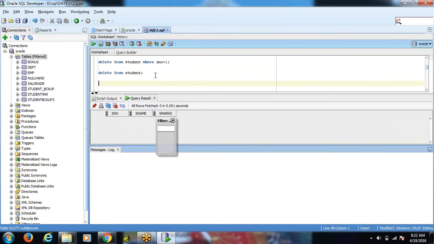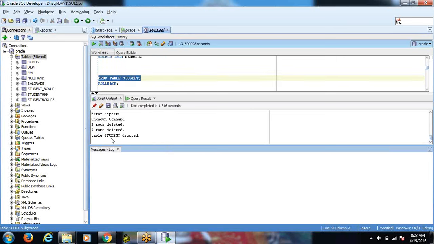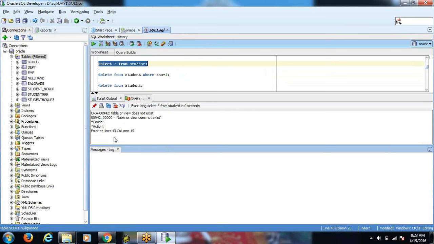Whereas in the drop statement, what will happen? Suppose I run drop table student. Now the table student is dropped. If I select from the student table, it will throw an error, table or view does not exist.